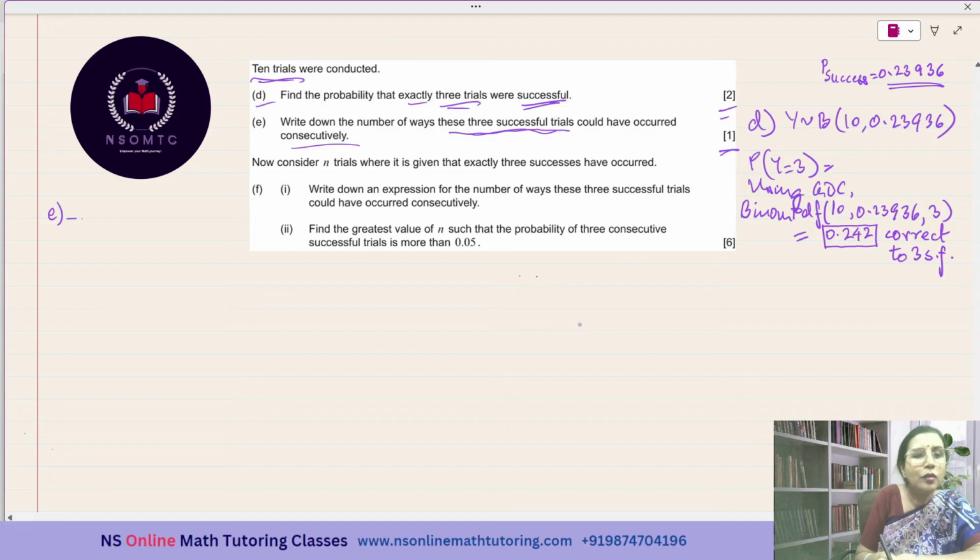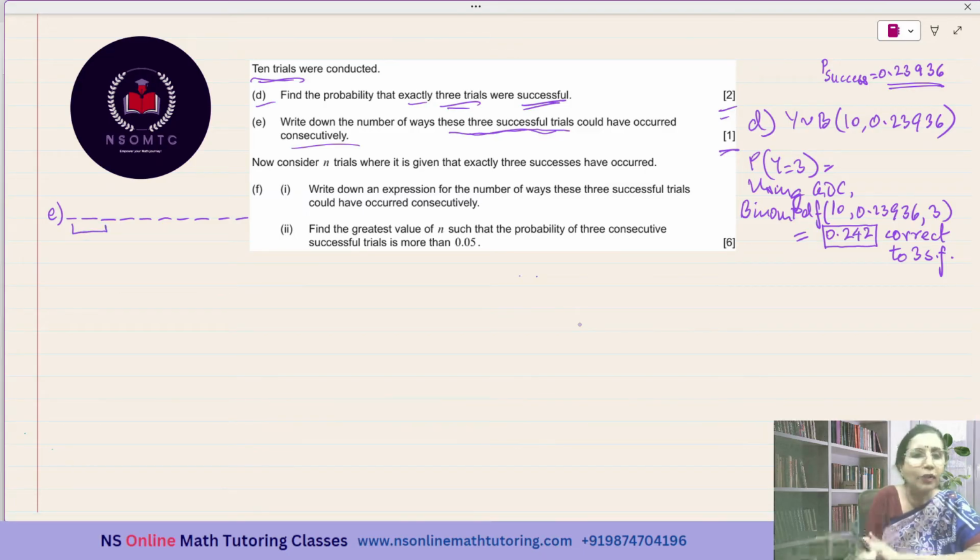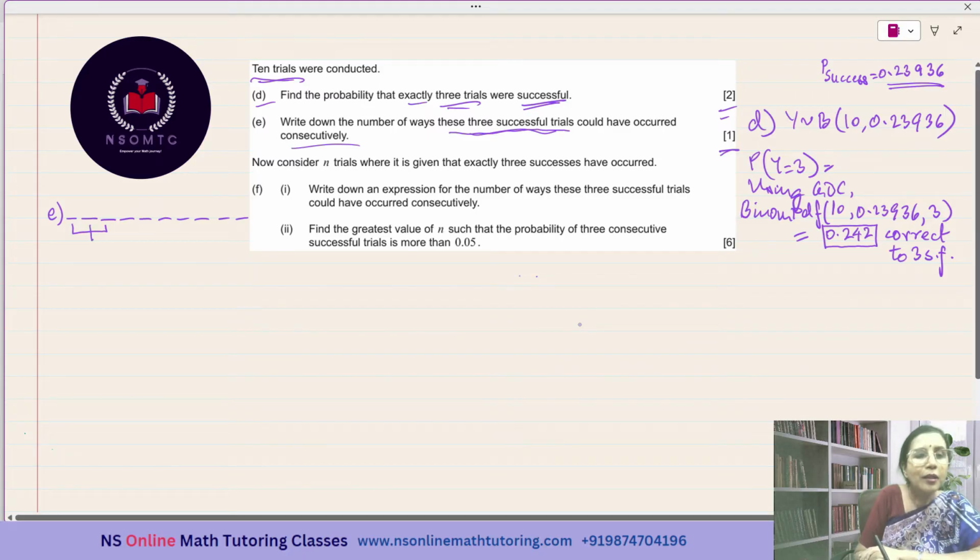Okay, so 1, 2, 3, 4, 5, 6, 7, 8, 9, and 10. 3 consecutive successes. So let us take these 3 successes. The remaining ones are the failures. And the 3 successes that we are having, they should be consecutive. So I'm taking the first 3 trials as the first option. Next option is this one. Third is,